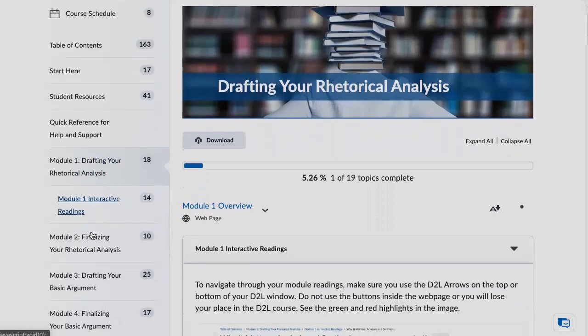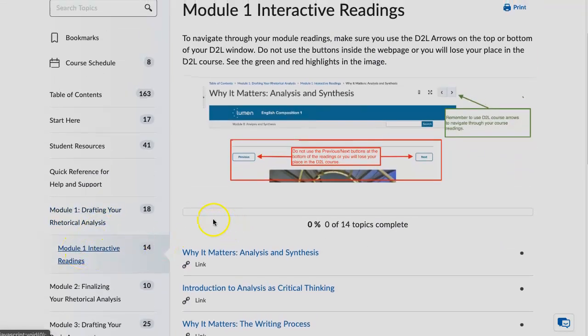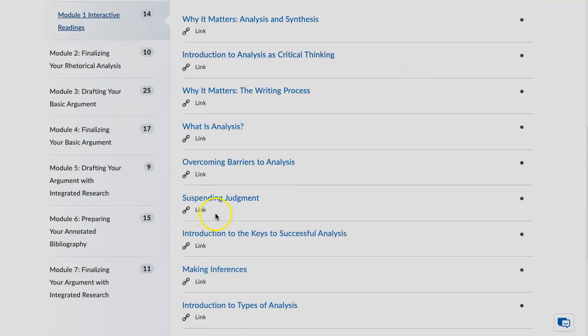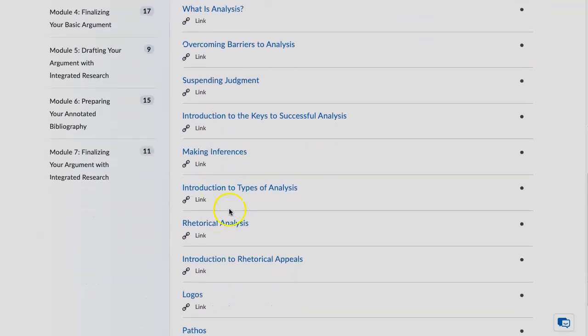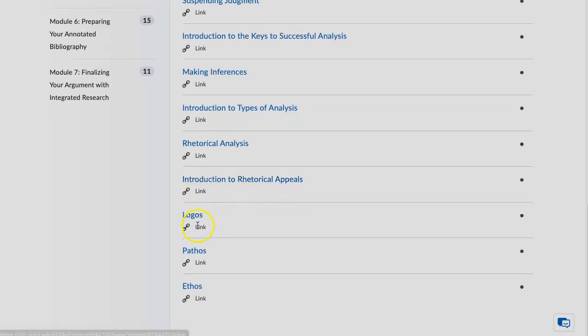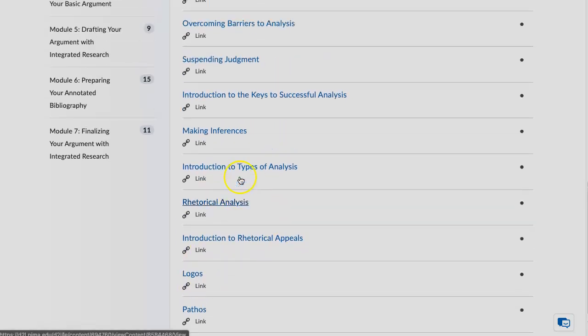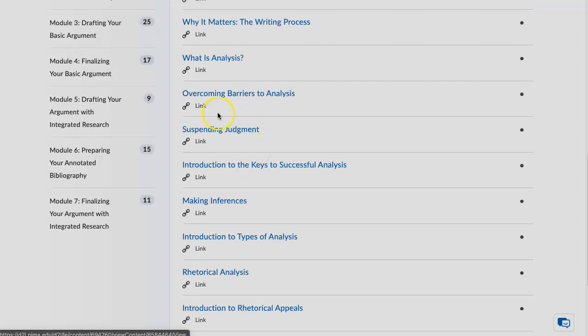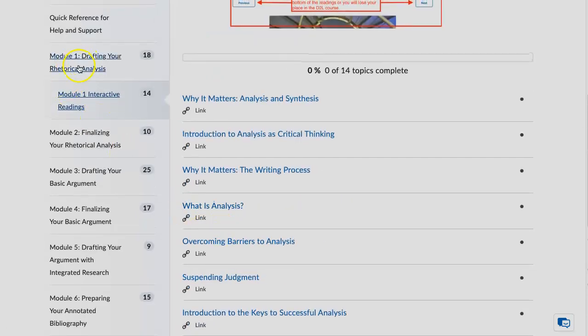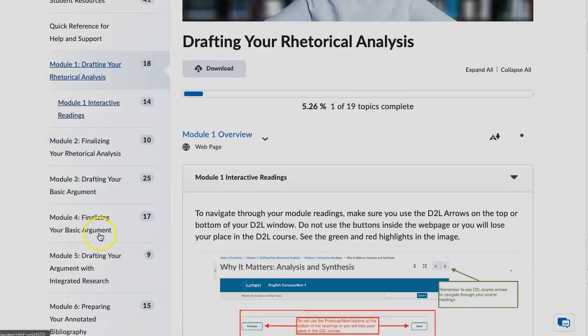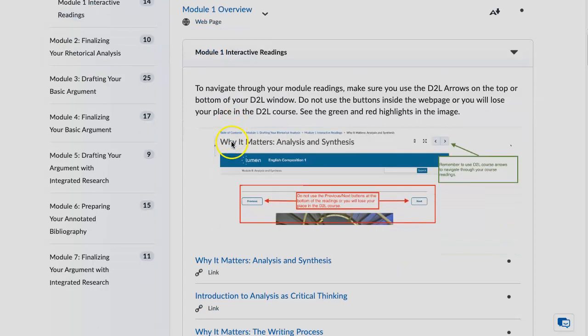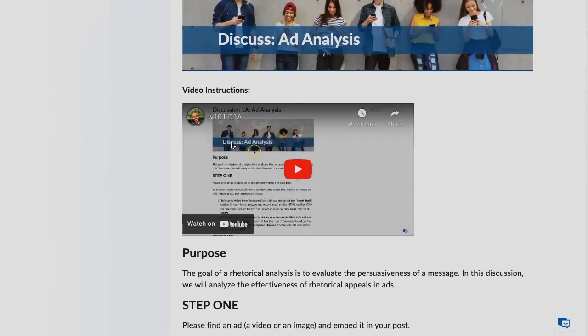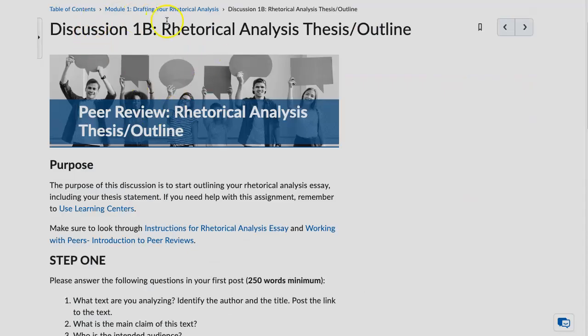What you want to make sure is that you do these interactive readings because it's going to be very important for you to understand what we're talking about with rhetorical appeals, logos, pathos, and a rhetorical analysis, as well as situation in general. What is analysis? All of these are very crucial to completing these upcoming assignments. So make sure you're doing this in order, that you started with module 1 and then that you've worked through the overview, the readings, and now we're going to go on to discussion 1B, the assignment that follows 1A,